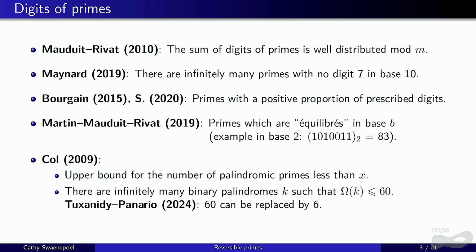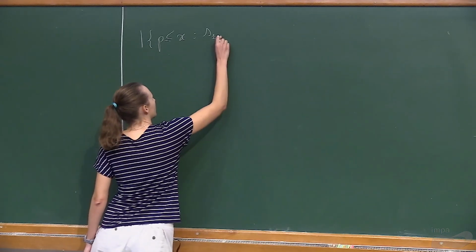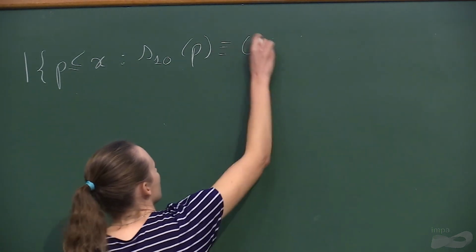I mention here only a few results. I start with a result by Christian Mauduit and Joël Rivat, published in 2010. Here they studied the sum of digits of primes, and they proved that it is well distributed modulo m. So for instance, if you take the base 10 and m equal to 2, they prove that the number of primes up to x such that the sum of digits of p in base 10 is even, so say 0 mod 2